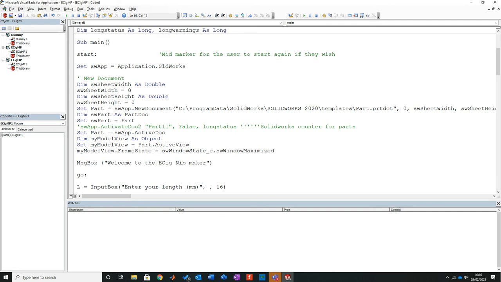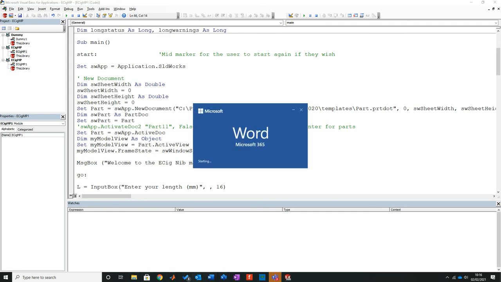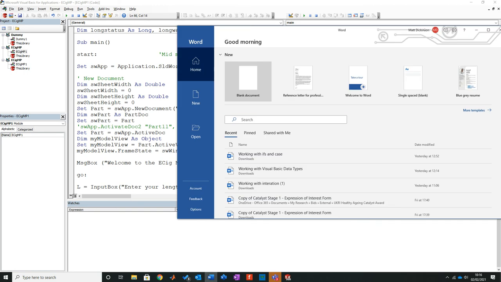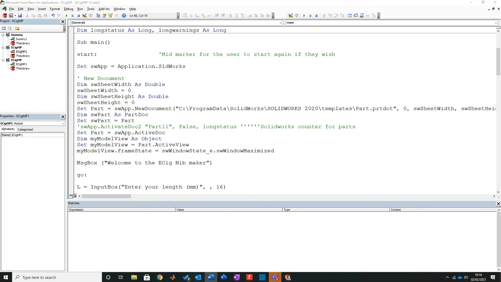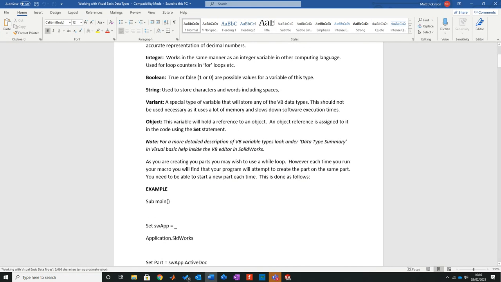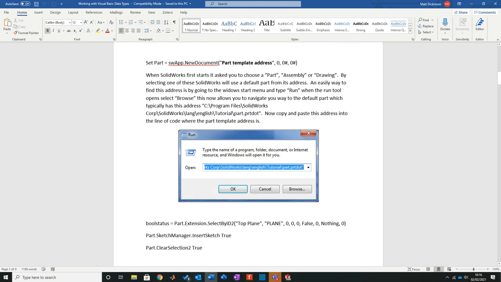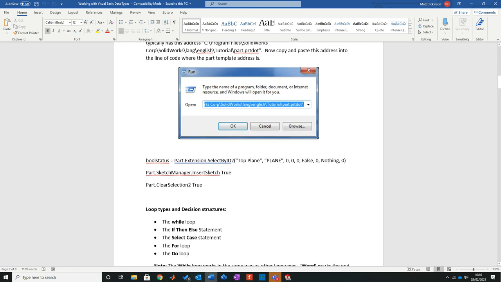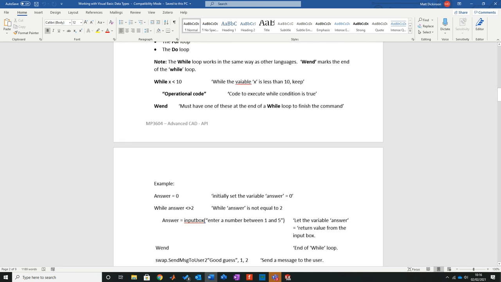But I just thought we could have a quick review on that. The other thing is the notes. Now the notes I've been using are working with data types. So these are the data types, and there is a little bit on here about templates, and we're starting to